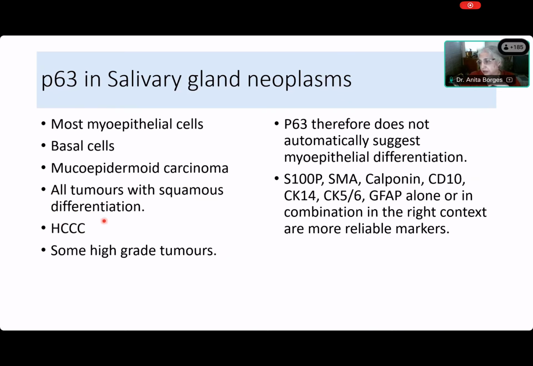The higher the grade, the more often P63 is expressed, because it's just a marker of primitiveness; it's a cell cycle protein. So high-grade tumors will show it. And this just says what I said before, that it does not automatically suggest myoepithelial differentiation. Everybody and his neighbor uses P63 in breast and all sorts of places, and we just assume that this means myoepithelial differentiation if we're not looking for squamous. That's not true, because there are basal cells, and sometimes in very high-grade tumors, you get it. If you want to look for myoepithelial differentiation specifically, then please use a combination of S100 protein, SMA, calponin, and any one of these. So that's what is important about P63.